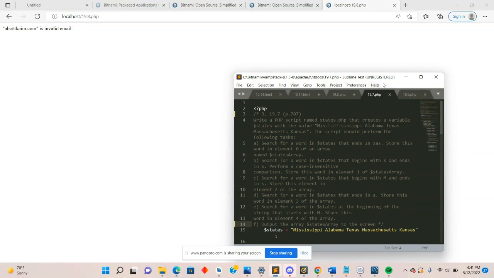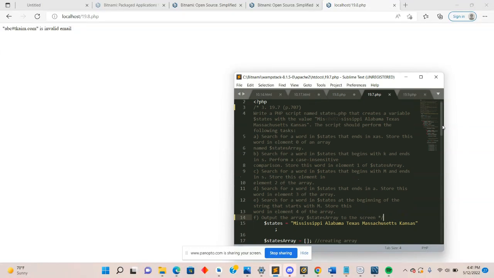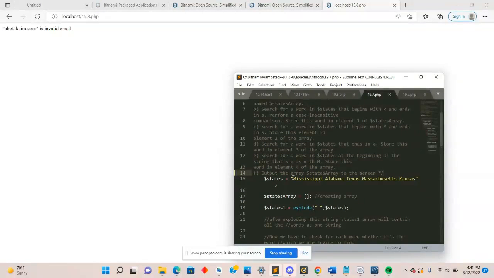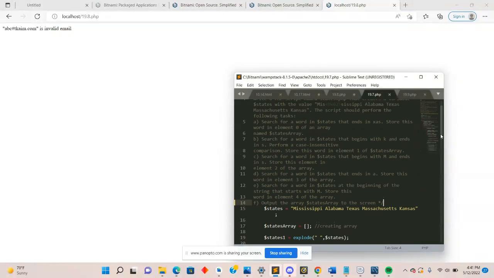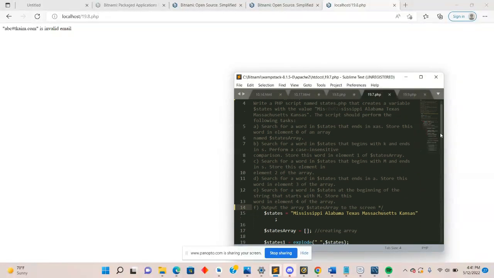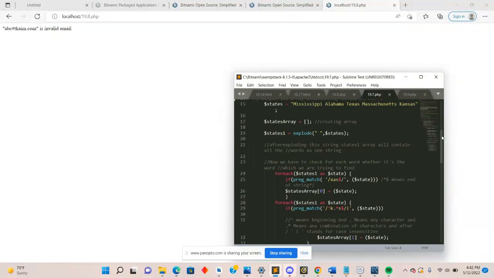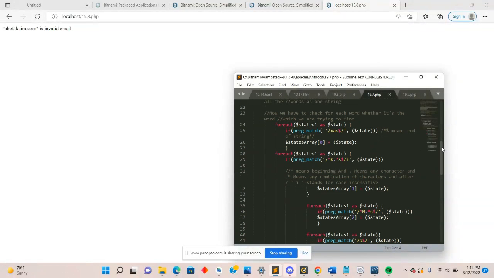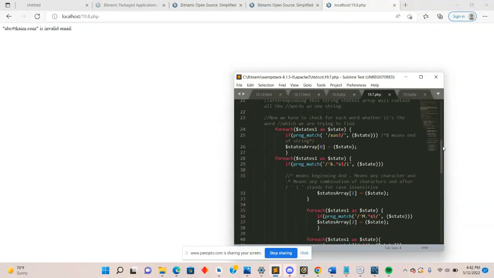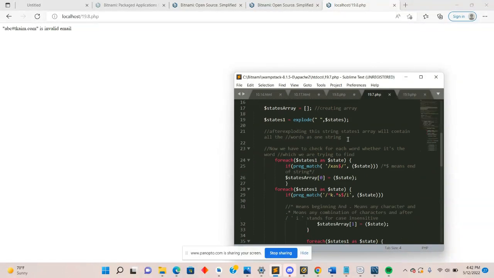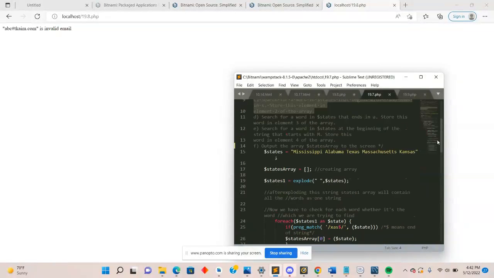Right, so let's go to 19.7. This one creates a variable called states that has the value of these states. And then what we do is we are essentially creating functions, but they're not actually functions, for which we access the contents of this variable,